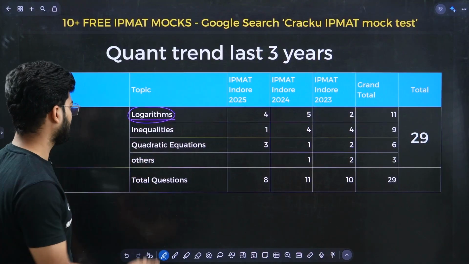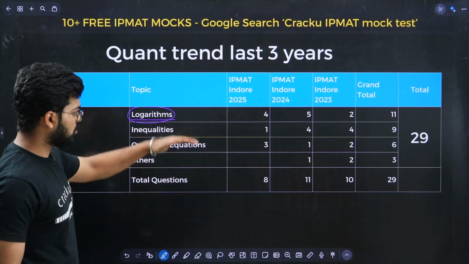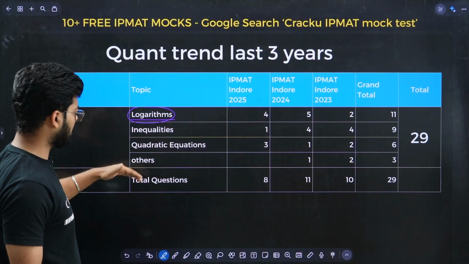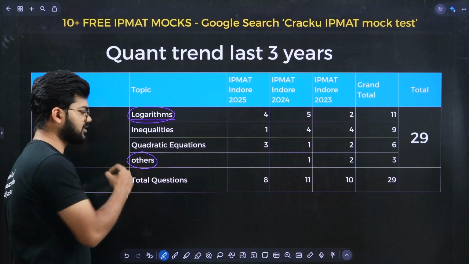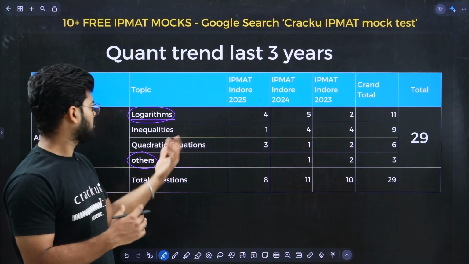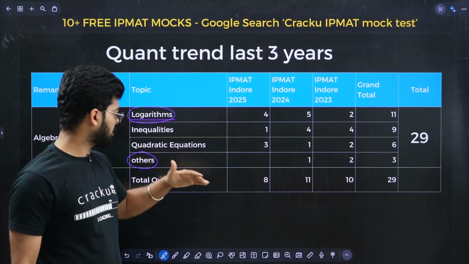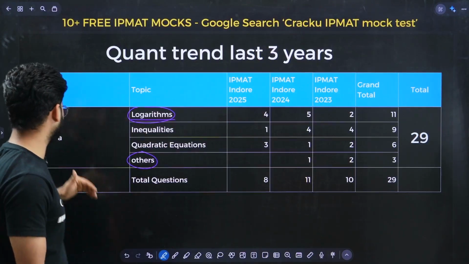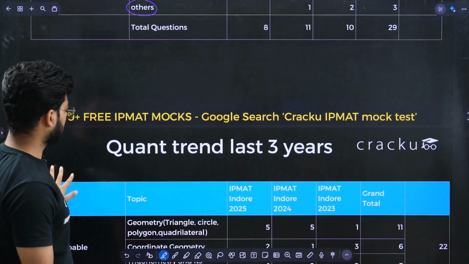Inequalities also, quadratic equations, right? All these things are very important, and some others and miscellaneous kinds of questions, like a mixture of these, also come, but these three are very important in algebra. Coming back to